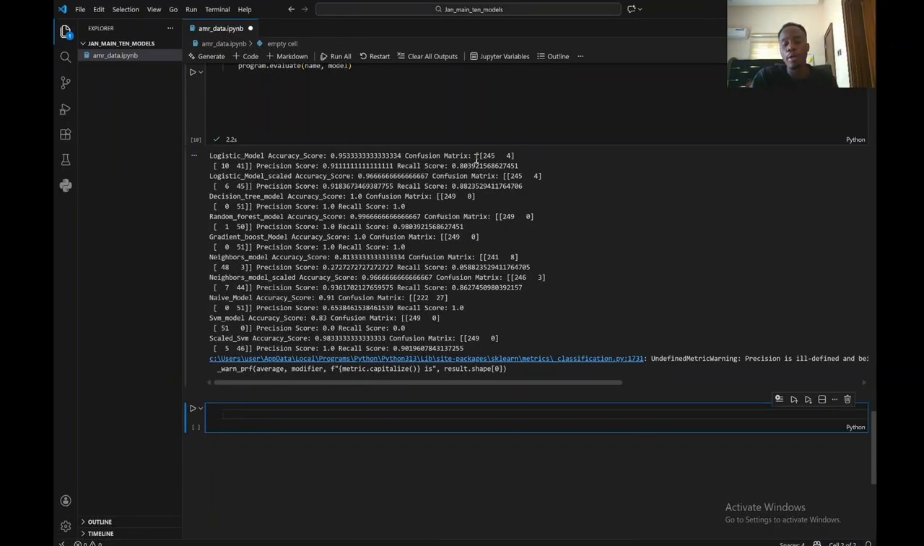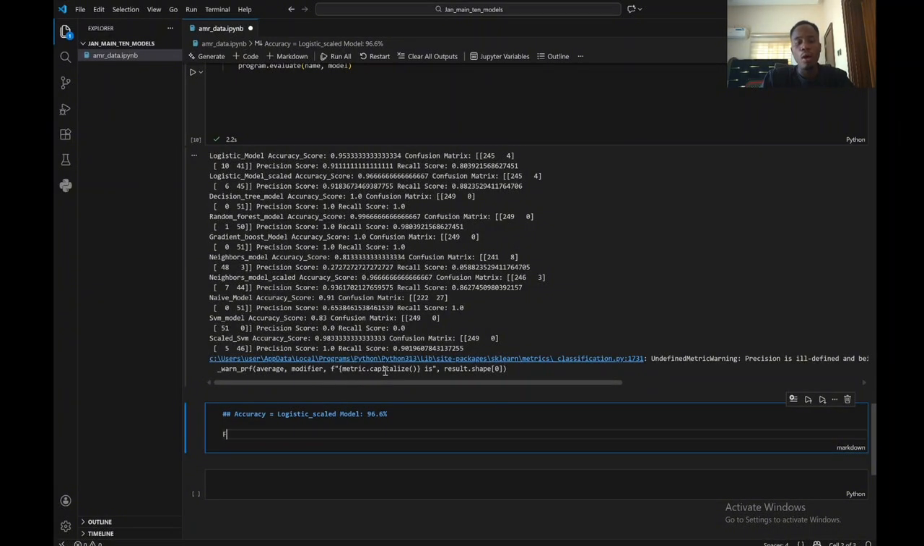If you want to interpret this, I can create a markdown cell here. I can say accuracy for logistic regression, let's just use the scaled logistic model, is 96.6%. Now, based on our confusion matrix,